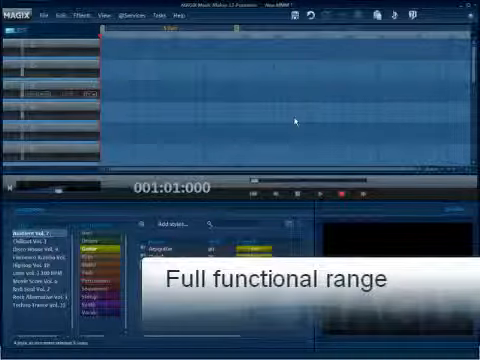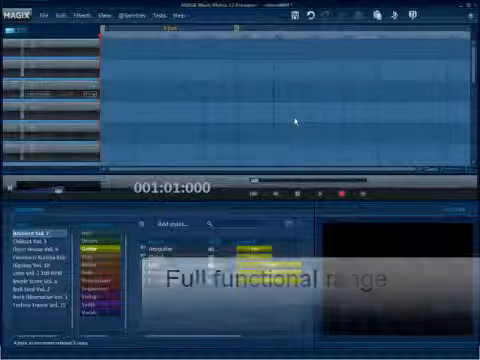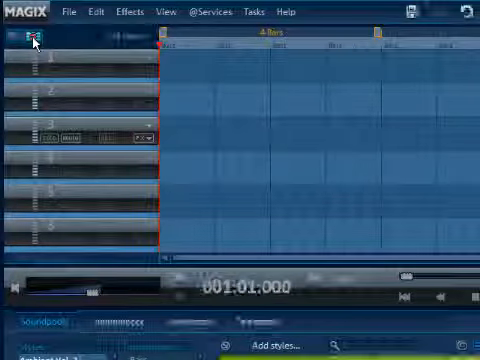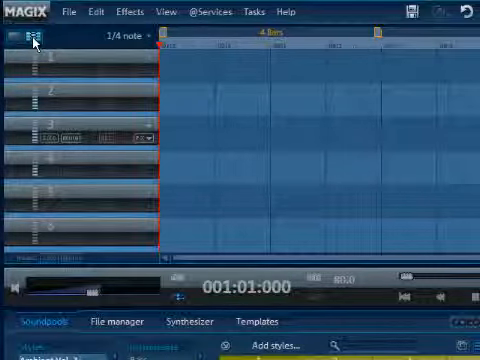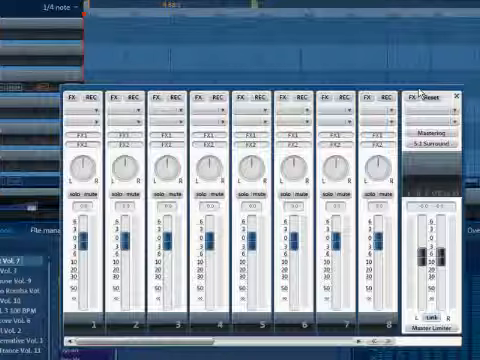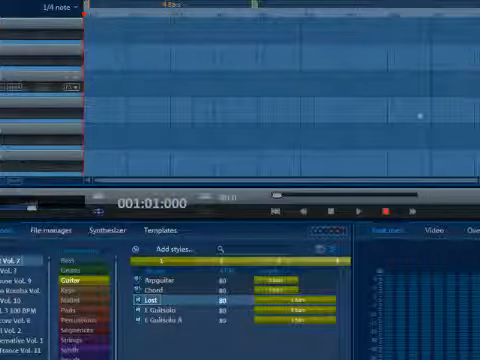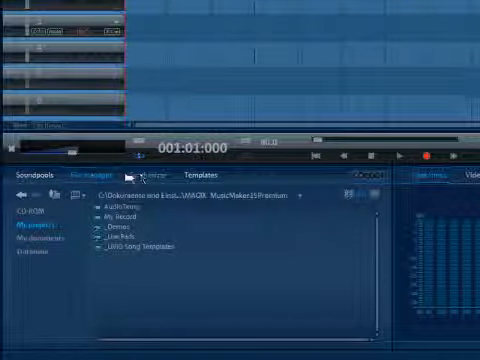Once you switch from Easy mode, you'll have the full functional range of Magix Music Maker. Then you can work in detail on your songs. Among other things, you will have access to a mixer for mixing your songs, the file manager for importing CDs and MP3s, instruments and synthesizers,